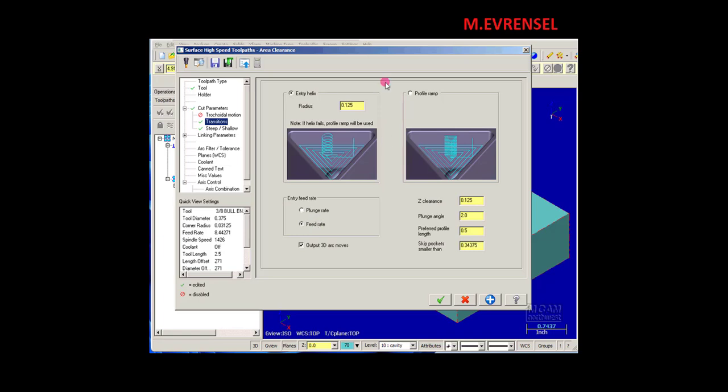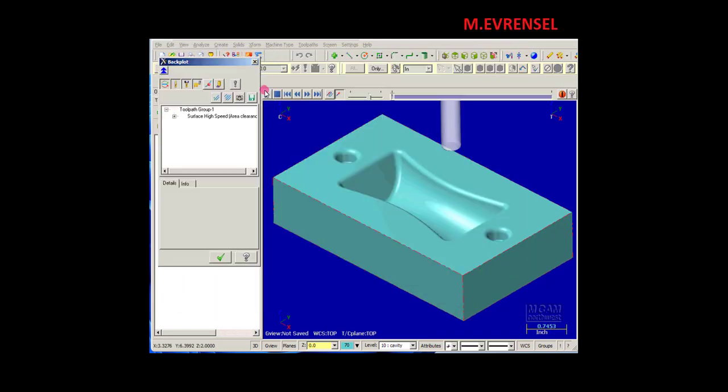Now if for some reason the helix fails, if the tool is too big and it cannot do the helix, it will automatically go into the ramp mode here, and it will ramp at a 2-degree angle. Alright, let's leave the other parameters and see what this toolpath looks like. And then if we backplot,